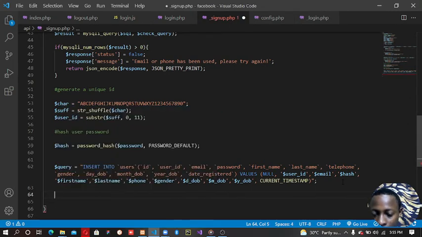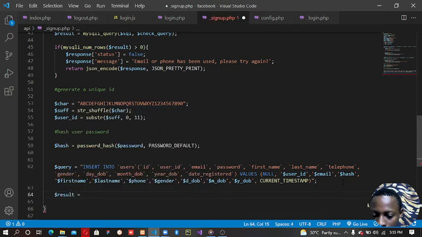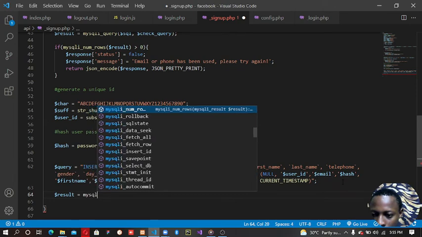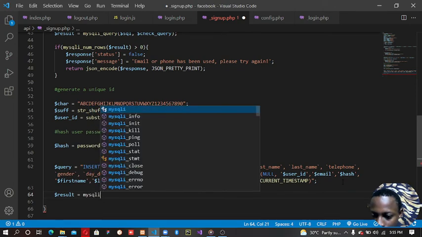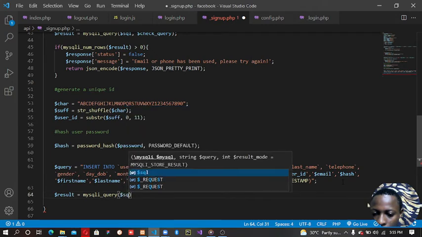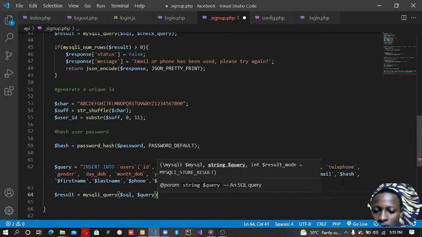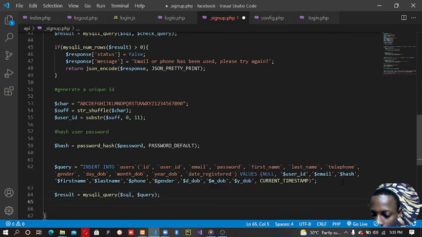I'm going to say result equals SQL underscore query, then SQL, which is our database, and this query. Now this insert should return a true or false. Now I want to check if